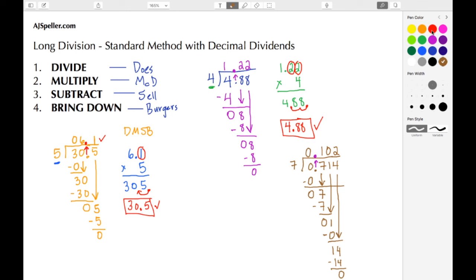So we're going to take that quotient. Let me rewrite it here first. We're going to take this quotient, and we're going to multiply that quotient by our divisor. In this case, our divisor is 7. So now we do our standard multiplication. 7 times 2 is 14. So we carry the 1, write the 4. 7 times 0 is 0, and then 0 plus that 1 gives us 1. And then we have 7 times 1 to give us 7, and then we have the 7 times 0 to give us 0. All right.